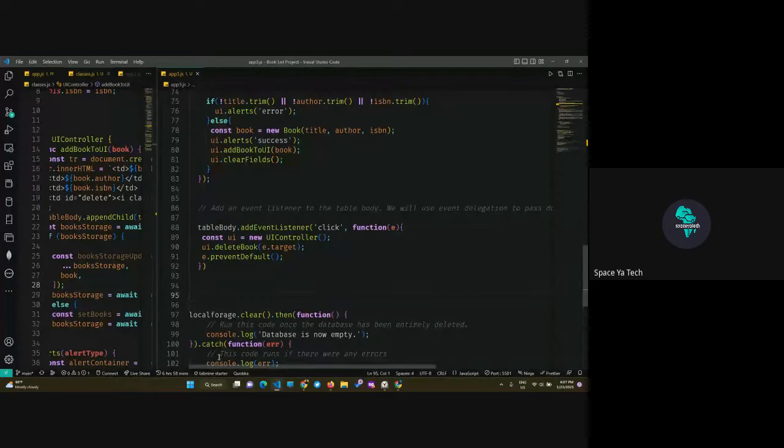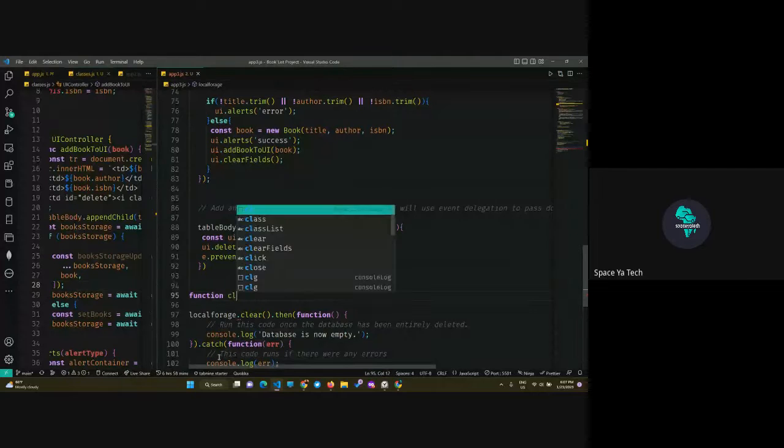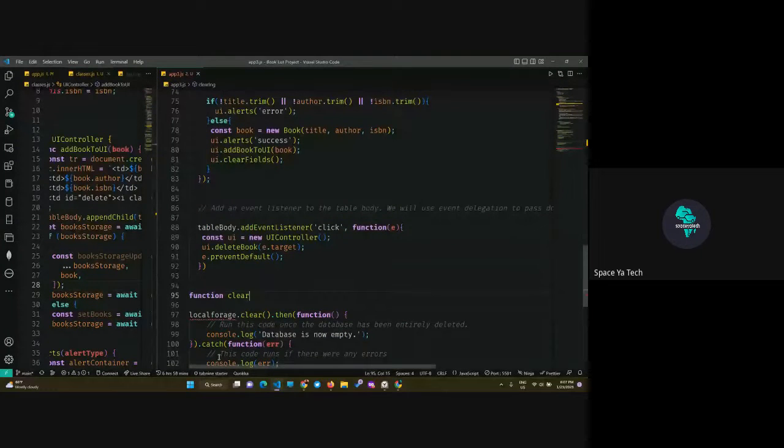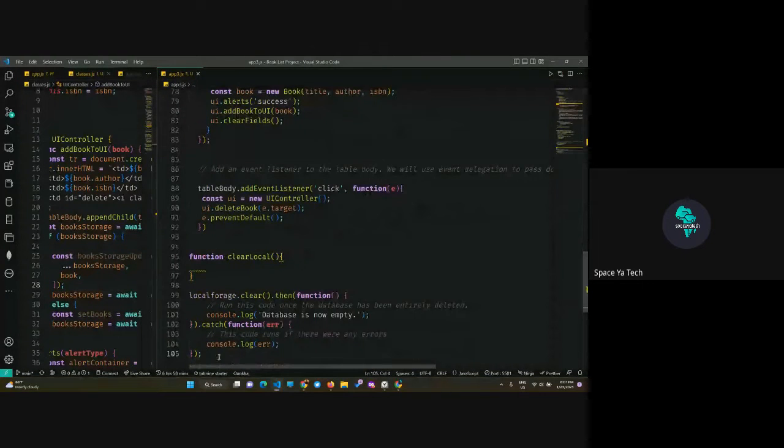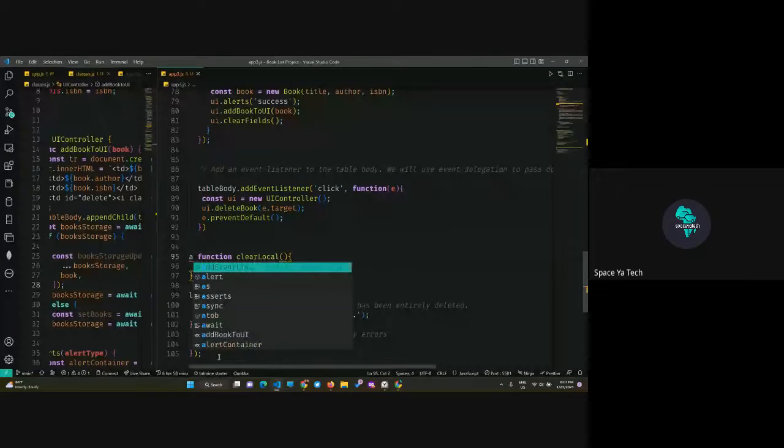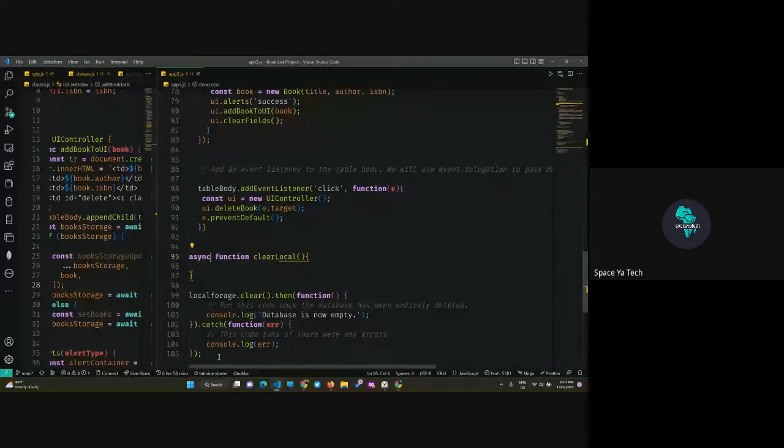Okay, I would need a function, clearing, clear local. Okay, that's a normal function. Then for me to make this function async, I would simply need to come here and mark it as an async function. And then now, if I wanted to do this same thing here, but now using async await, okay,